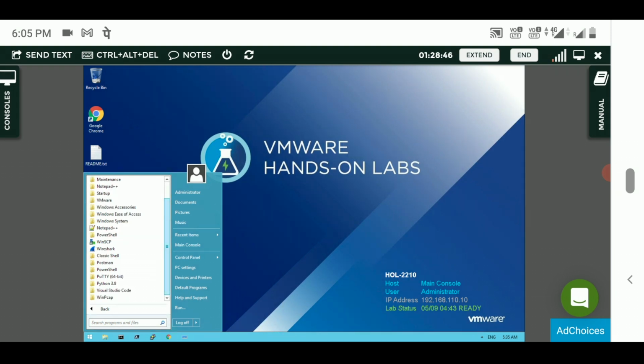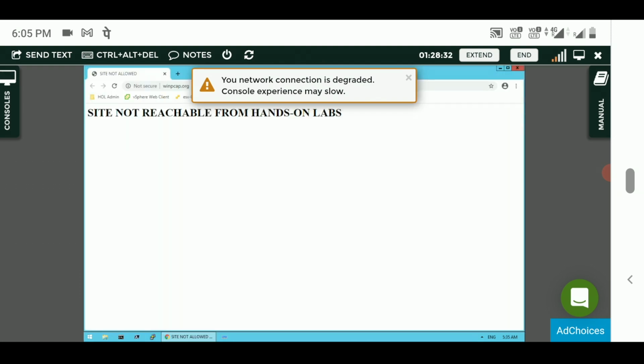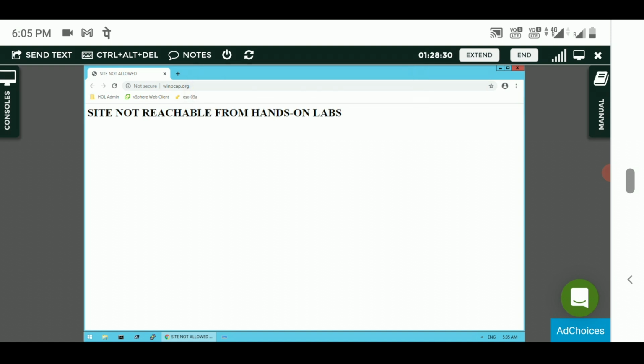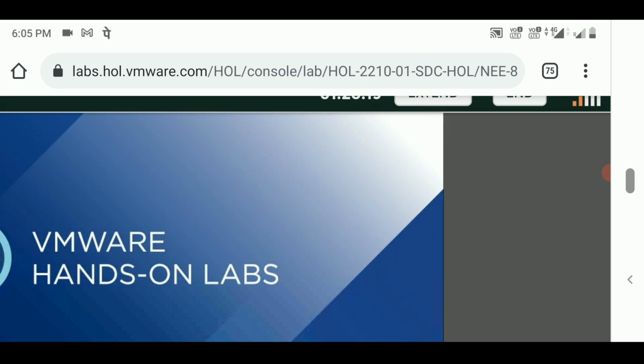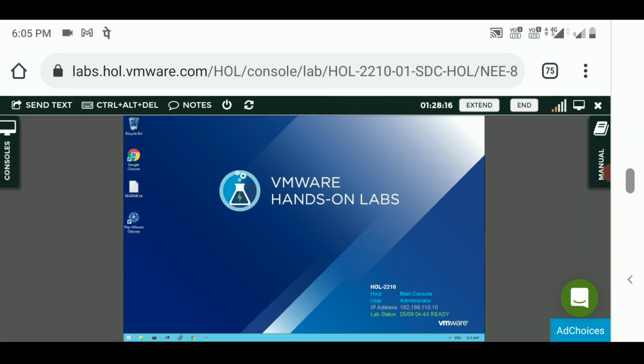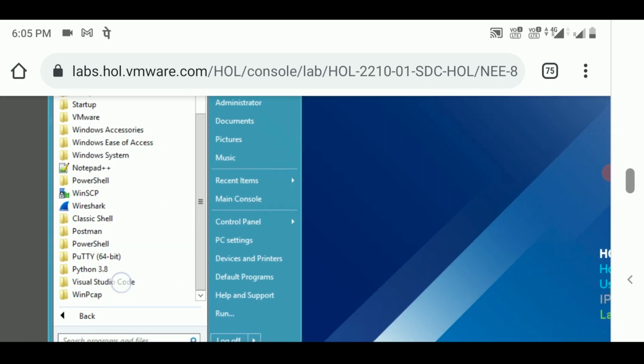Like you will find Postman. If you do any sort of coding or Android app development, you can use Postman for backend purposes, or you can use Visual Studio Code. So let me turn on Visual Studio Code. Okay, I accidentally clicked on a different app. Let me close it. Now click on this again, click on all programs, and let me open Visual Studio Code.